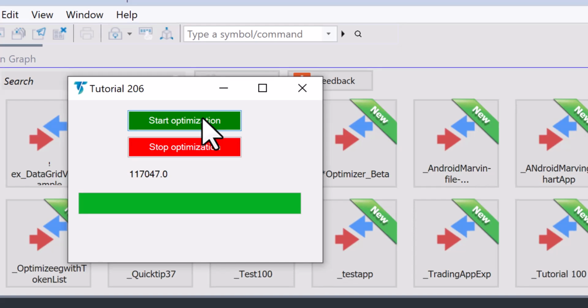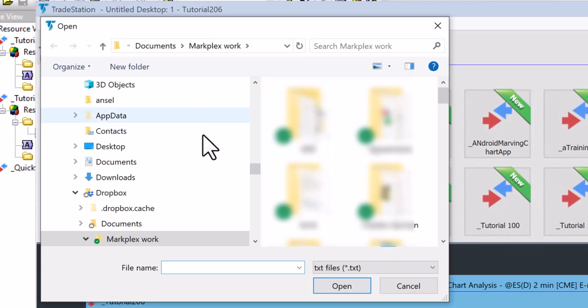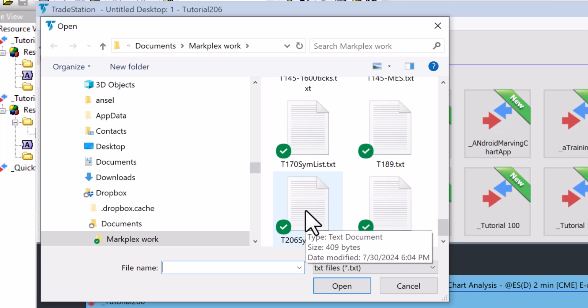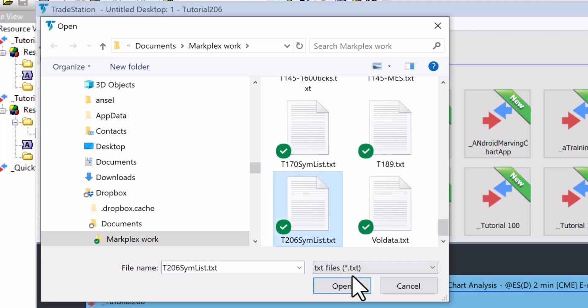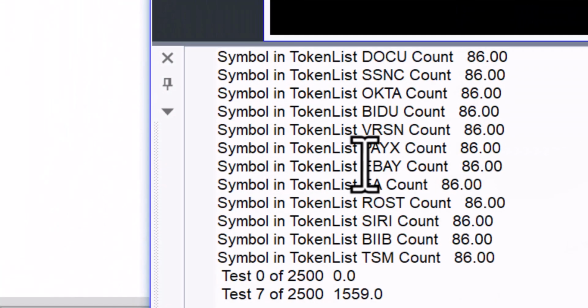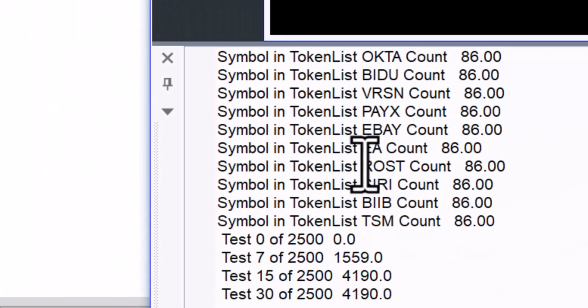So let's start the optimization, and when we do that, we see the hard drive, and this is going to my Markplex work folder. It's going to zoom to the bottom, and what I've done is created a file containing a number of symbols. I'll show you that in a moment, but for now I'm just going to open that, and what happens is the symbols are all uploaded by the program, stored in a token list,